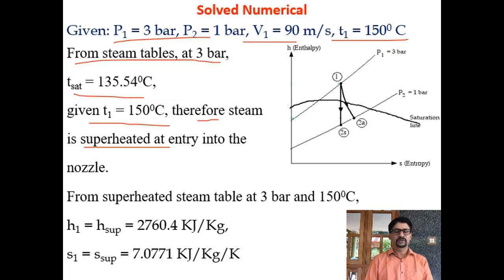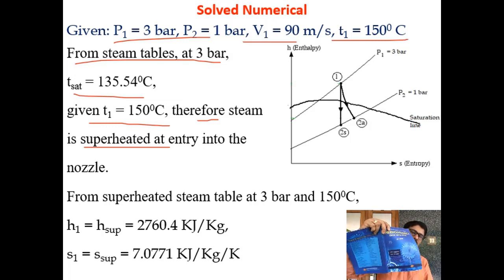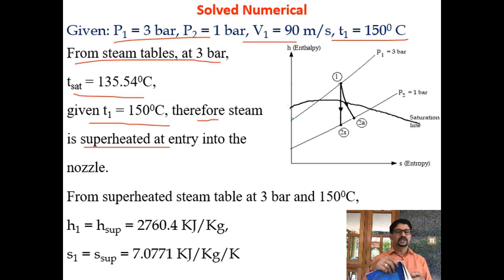So once you come to know that it is superheated steam, you have to go through the superheated steam table. So it is table A3. It is 3 bar. Okay, so 3 bar is there, page number 18. This is the thermodynamic data handbook which I am using, the thermodynamic data handbook by B.T. Nijaguna and B.S. Samaga. Okay, so at 3 bar, you have the 3 rows there: specific volume, enthalpy and entropy.